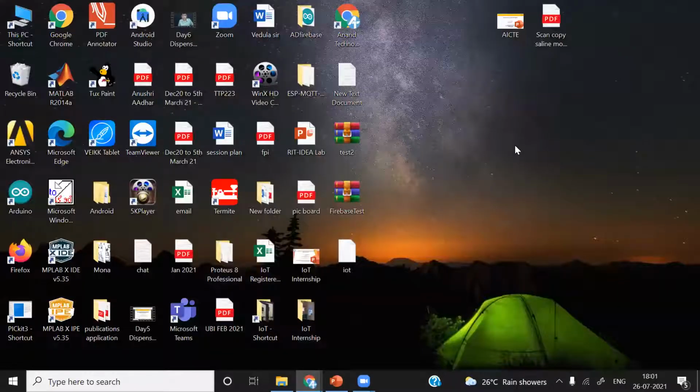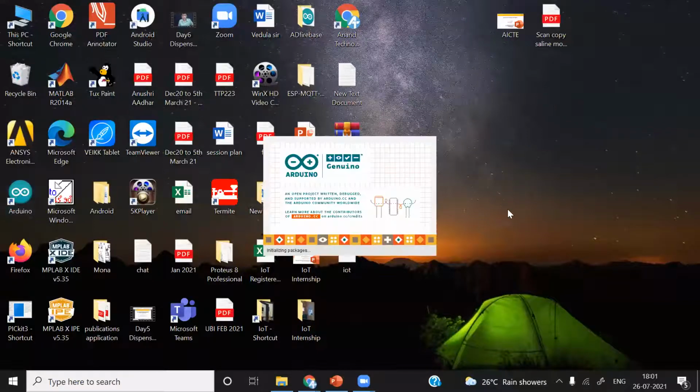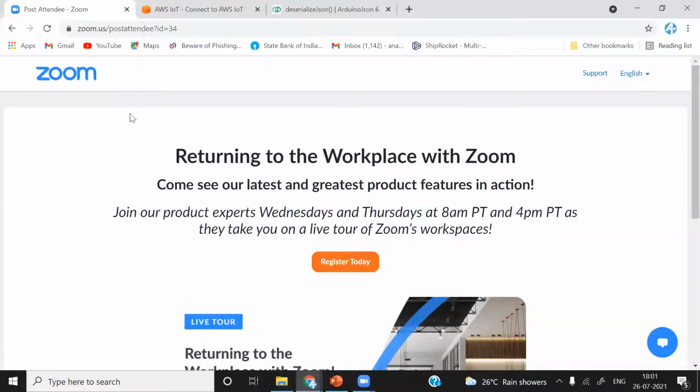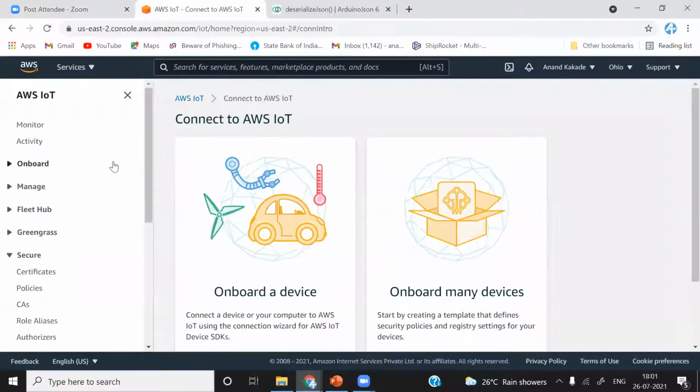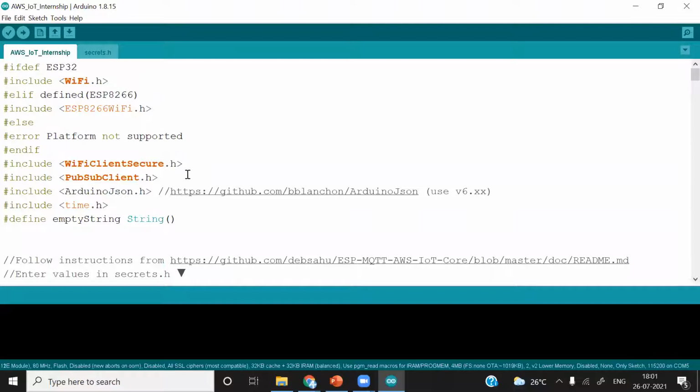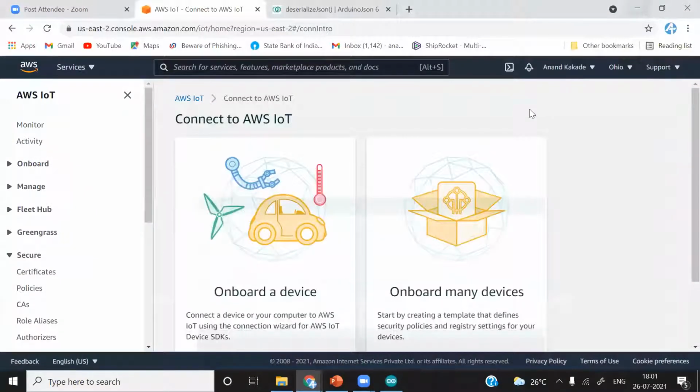So the first thing we will do is open Arduino IDE, and then we will start from the beginning. We will do this entire project from scratch so that everyone can understand better how to do all the things to create one single project. So to create a thing on AWS IoT, we have to go to this console, AWS IoT.